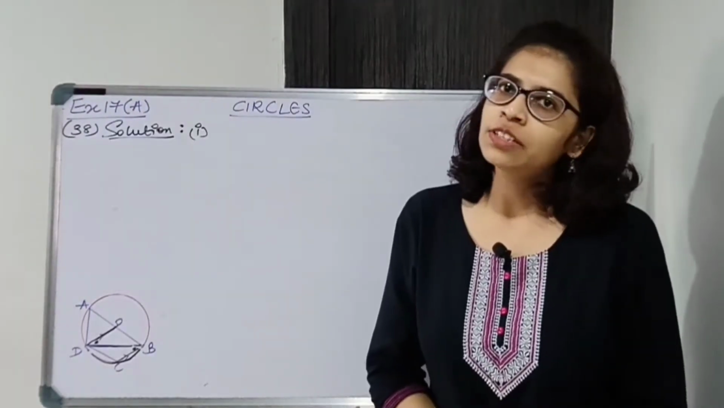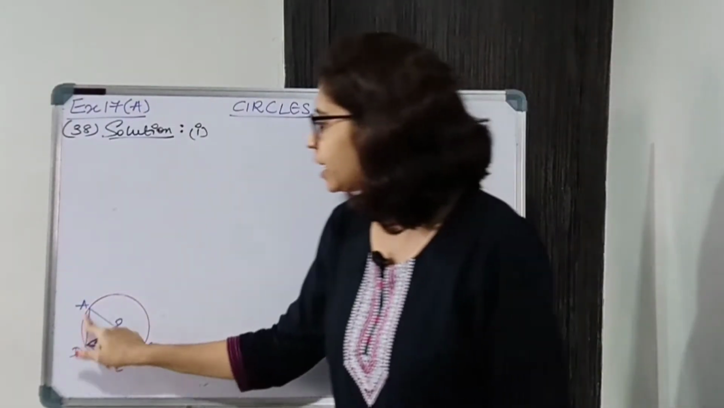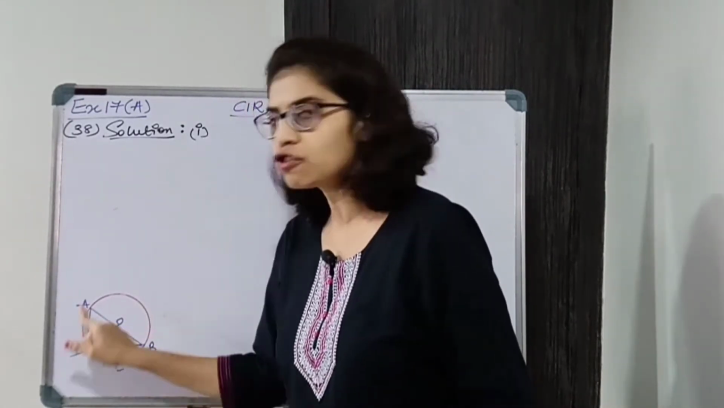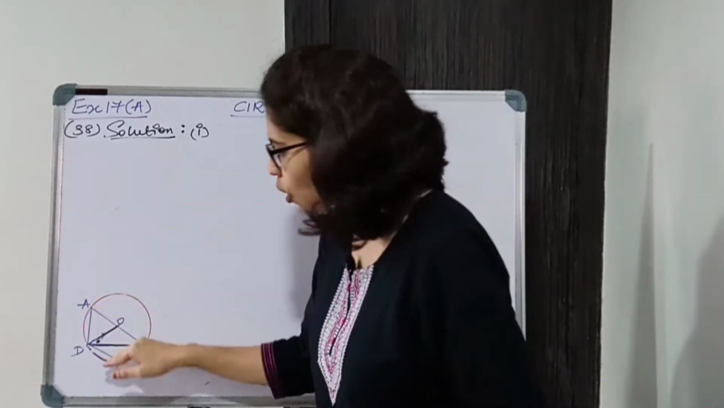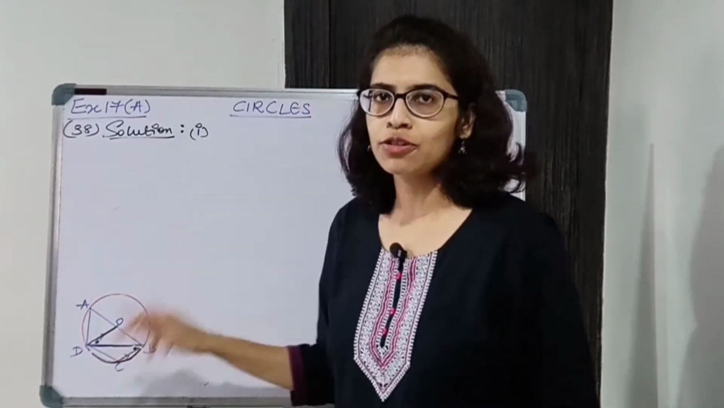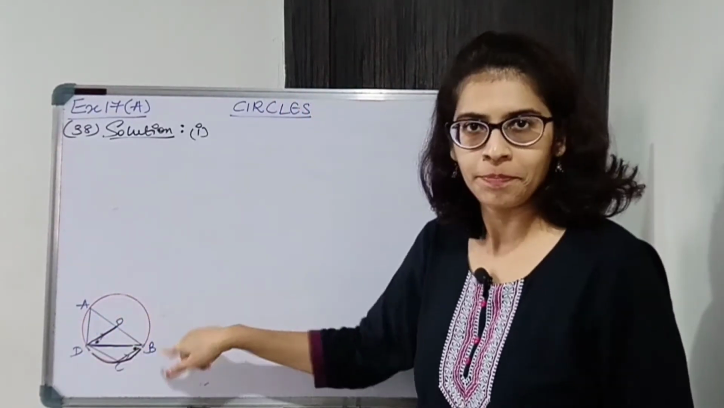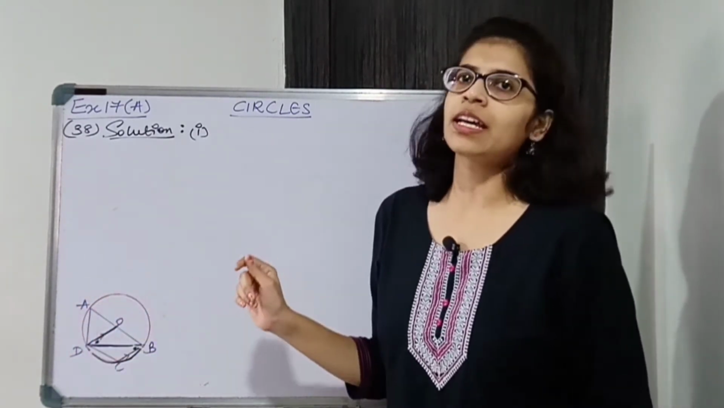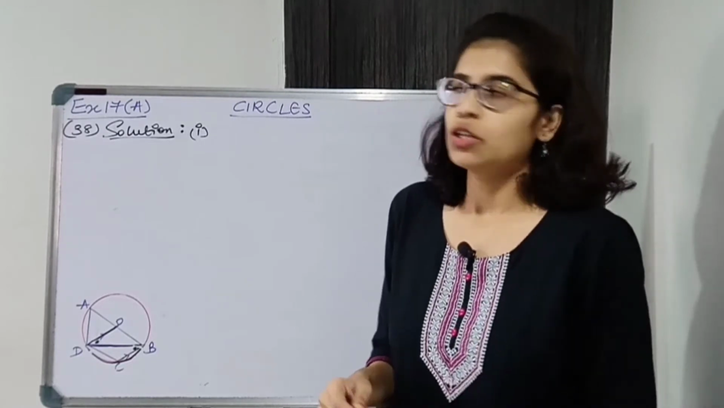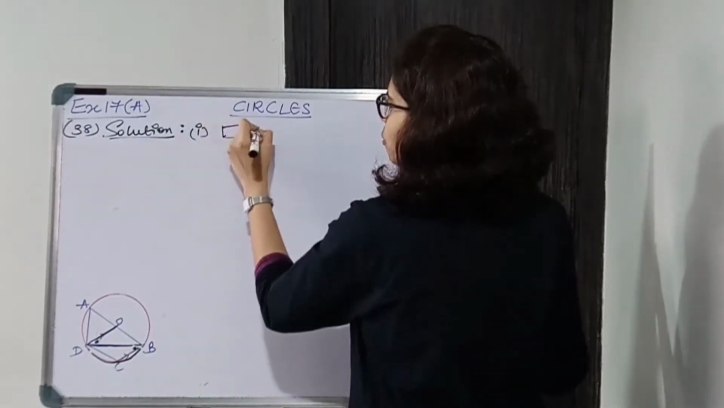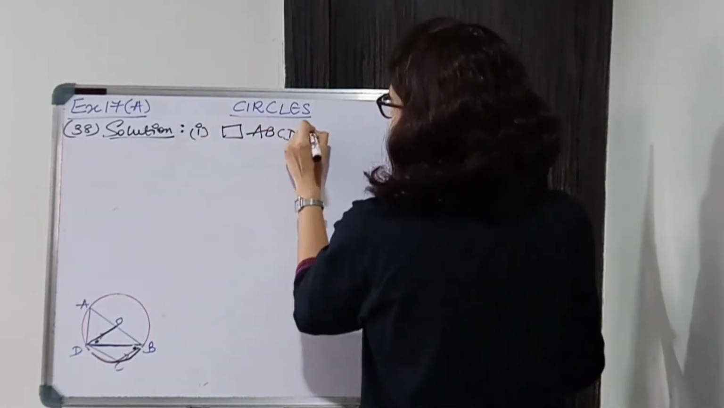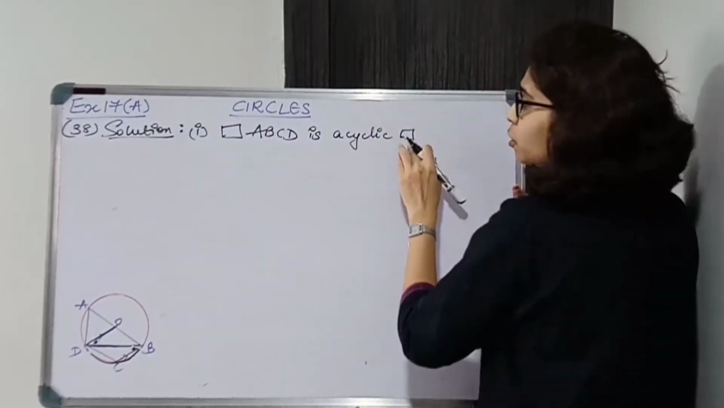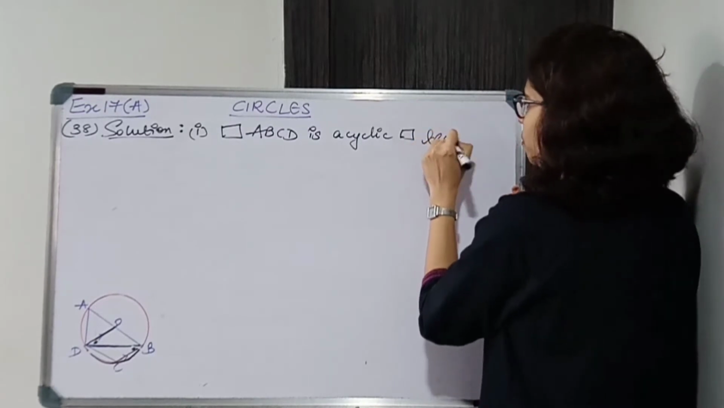Now students, starting with the first part, we have to find angle DAB. So for DAB we'll use this quadrilateral. Because we know the opposite angle of this cyclic quadrilateral, we can easily find angle DAB. Before that we need to write down that ABCD is a cyclic quadrilateral. It is not given. So quadrilateral ABCD is a cyclic quadrilateral. You have to write down the full word because